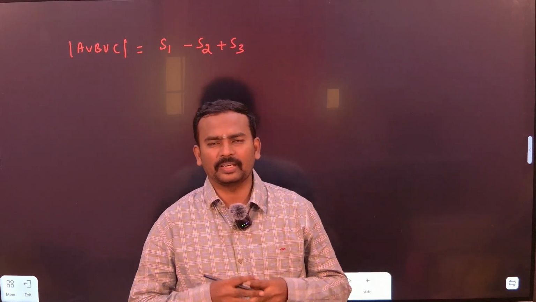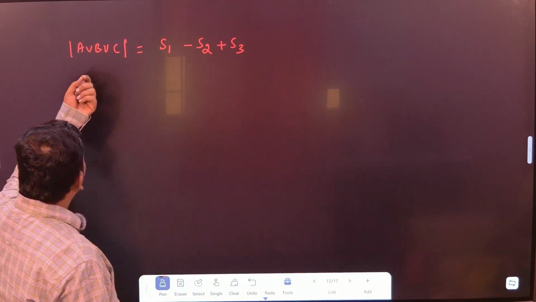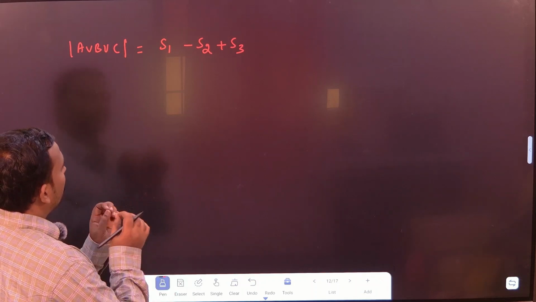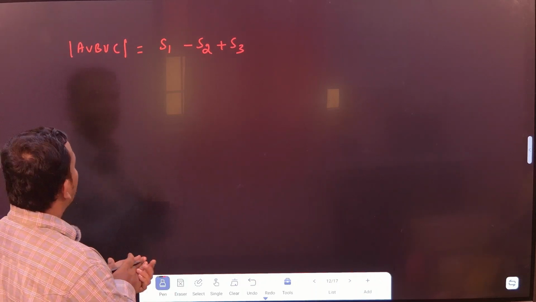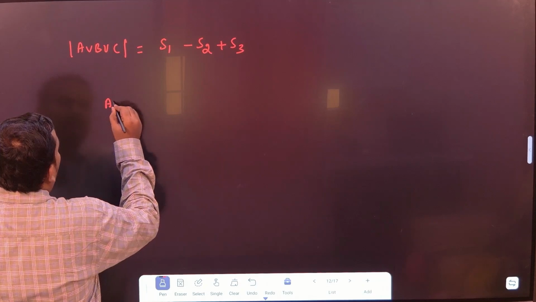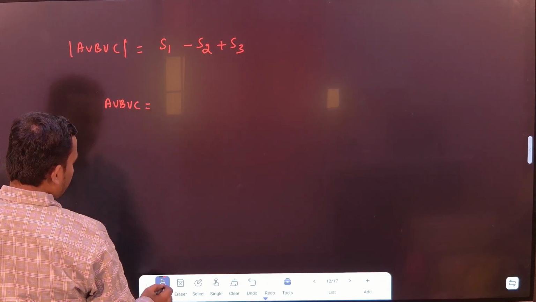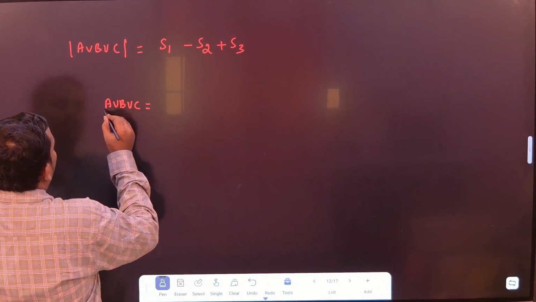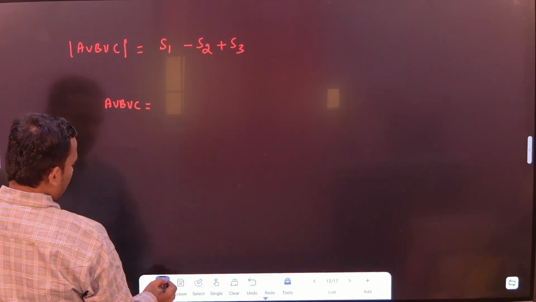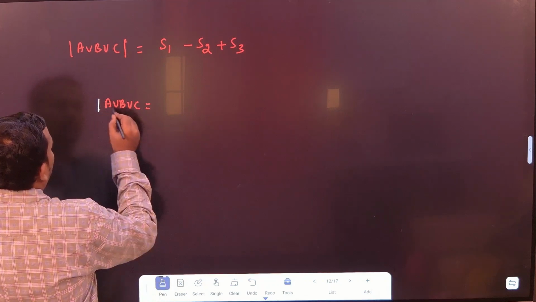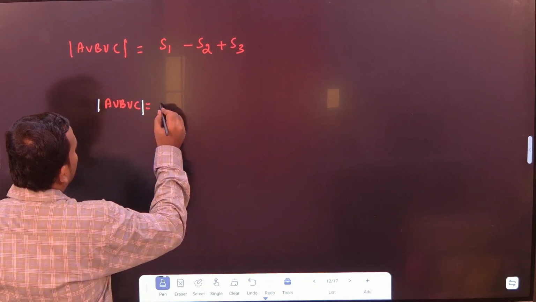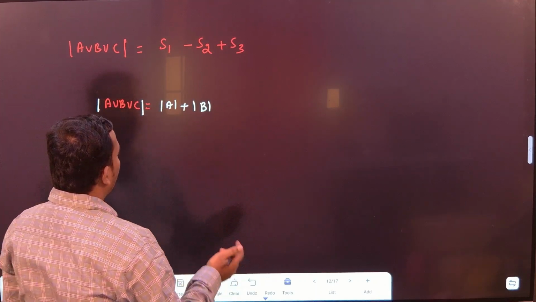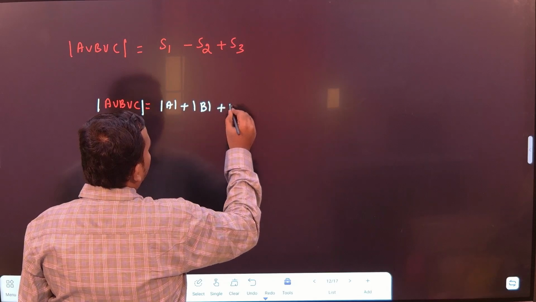So hello students, we will continue this. You can see 3 sets are there. You know how to use the inclusion and exclusion principle here. You can see what is the A union B union C, how to write? First you have to understand this one quickly. So cardinality of A union B union C, how to write? Cardinality of A plus, that is n of A plus n of B plus n of C